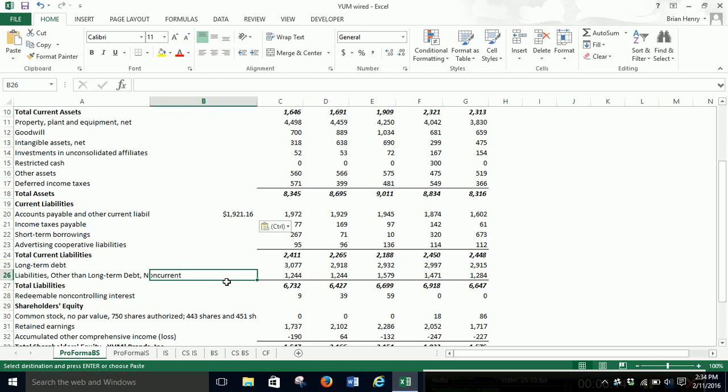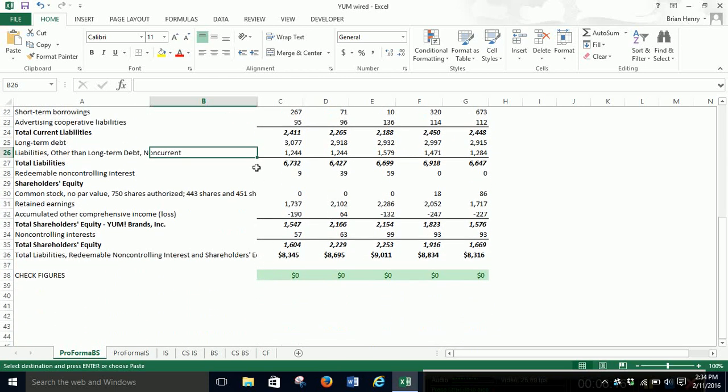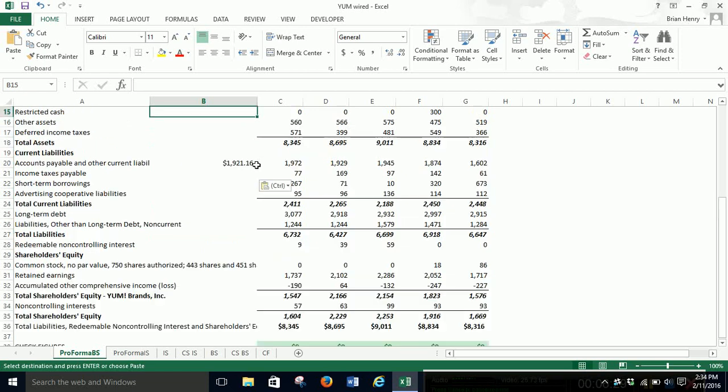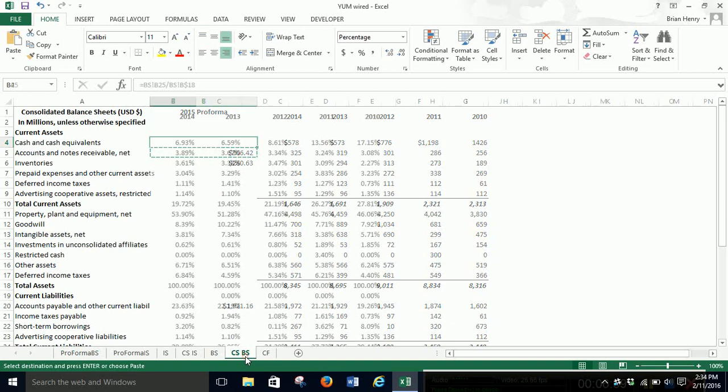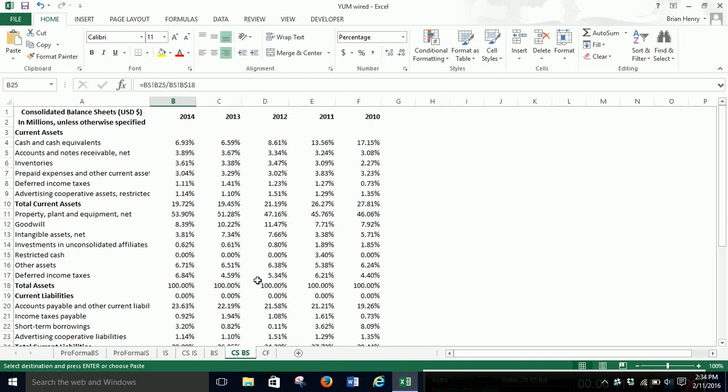Non-current liabilities doesn't look like it. You see a lot of these things on the balance sheet don't actually track sales necessarily. Nope, doesn't look like it. Doesn't look like it. And again, some of this is just feel, if you're really unsure about anything. So that looks like the only thing that really tracks sales very well: cash. Then I'm going to go over to the common size balance sheet and see if there's anything else that looks